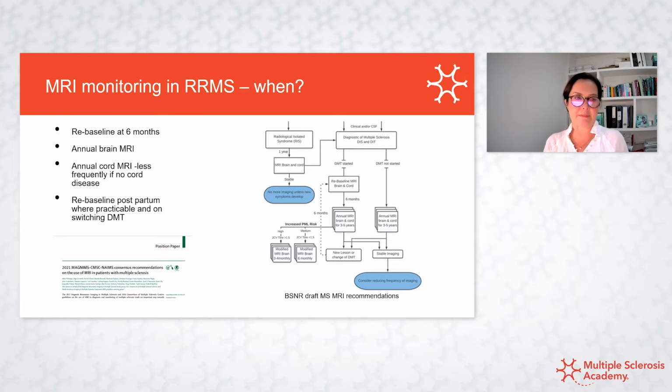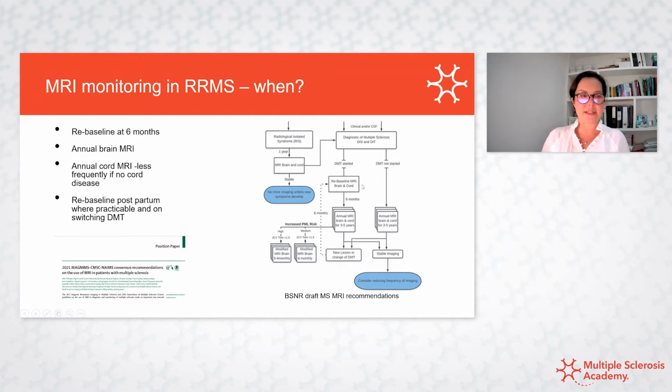So the first part of the guidelines addresses timing, when to do an MRI scan. So following diagnosis, we're going down this middle trunk, down that middle trunk where you see DMT started, and then we recommend doing a rebaseline scan at 6